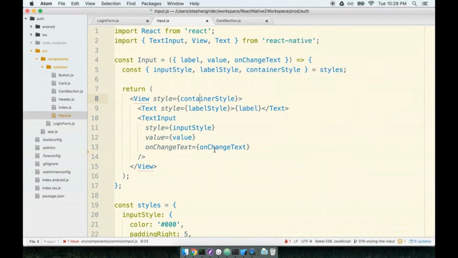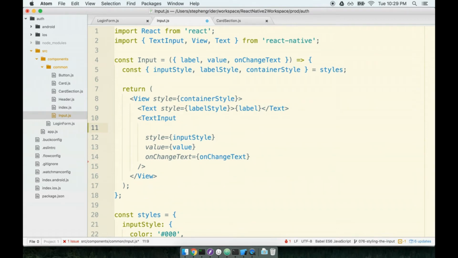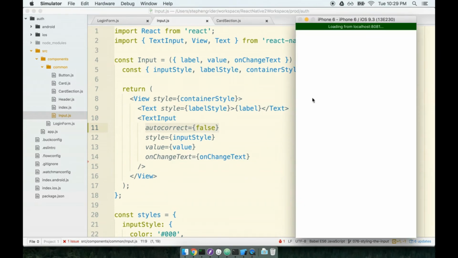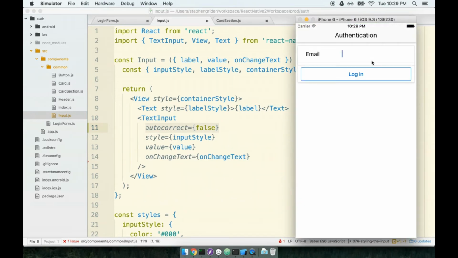To handle that, we can just pass a prop to the text input here to disable that default autocorrect functionality. So I'm going to pass in an additional prop to the text input of autocorrect false. So this says, hey, don't try to autocorrect anything here. People are going to have crazy emails. Don't worry about it. So now if I start to do like, test one or whatever,